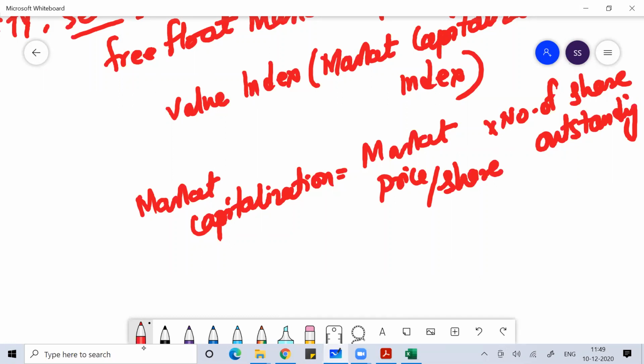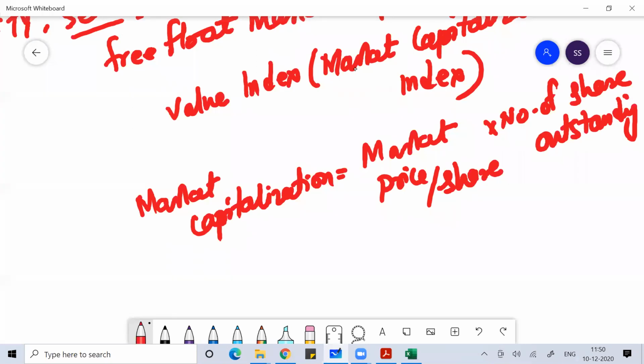But there are many ways through which you can artificially try to affect the price of the stock. Ultimately the price of a stock changes because of demand and supply. The difference which can arise between demand and supply is called the bid ask spread, which is also called the impact cost. Traders buy and sell in the market, and everyone wants to buy at the lowest price and sell at the highest price.